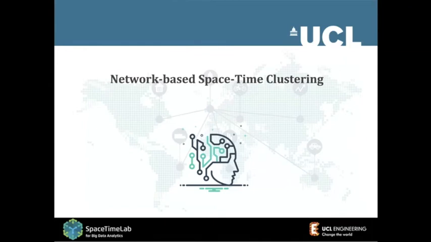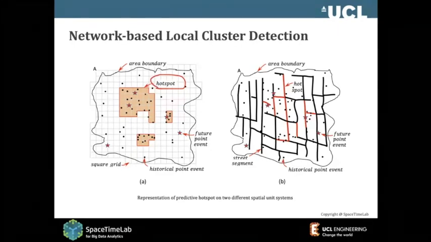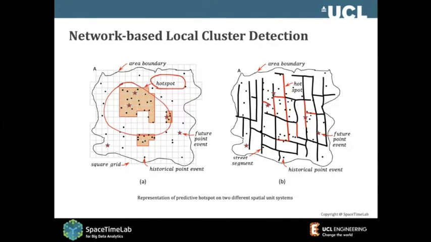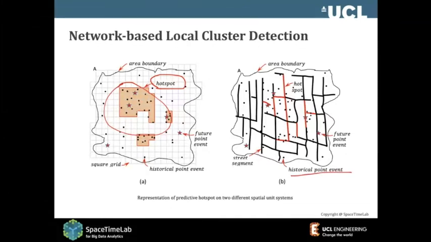I think one of them is network-based clustering. Clustering has tremendous usefulness for many things. Again, for network-based clustering, we can use crime as hotspot prediction. Everyone knows this: hotspots mostly use kernel density. They put them into grids to say which grid has the highest chance, or a high aggregated number of cases. So they are the hotspots. Again, we can put them into networks. Those red lines are the hotspots on networks.